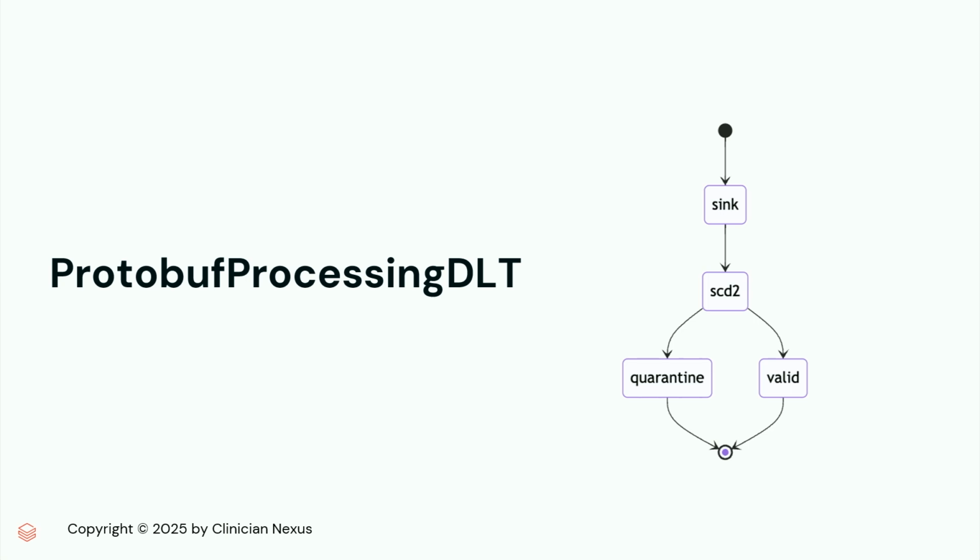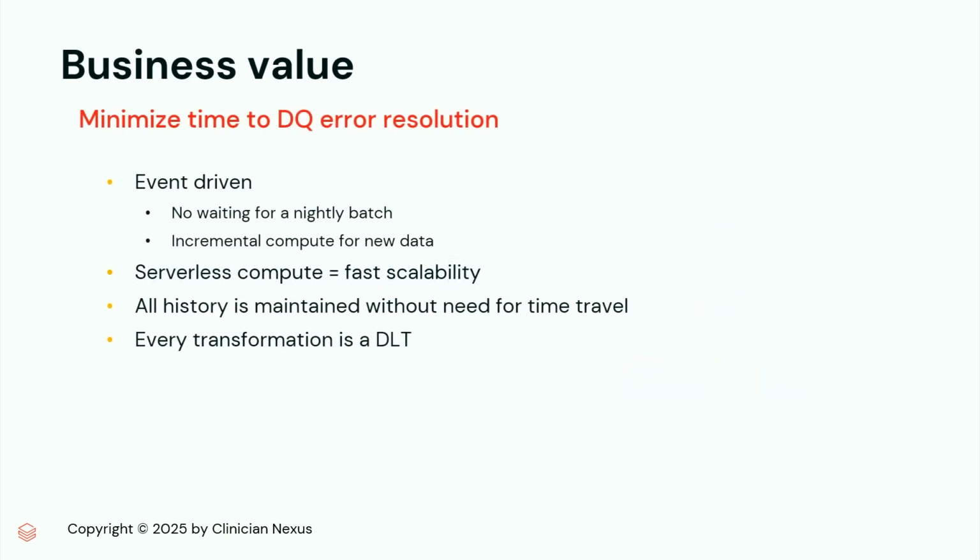And so you can do all of the nice things that DLT has built in, like data quality expectations and validations, anomaly detection, and for us, we do materialized views based off of what data meets our quarantine standards or is completely invalid and has to be fixed, and what data is valid. And because these are materialized views, they're really fast to update, and DLT handles all the heavy lifting behind the scenes. And so all of this is to try to minimize the time to our data quality error resolution